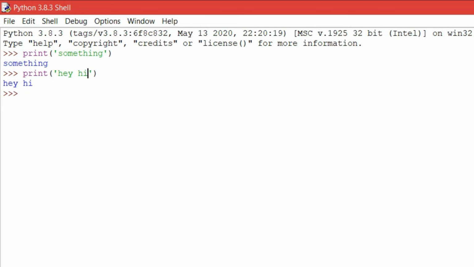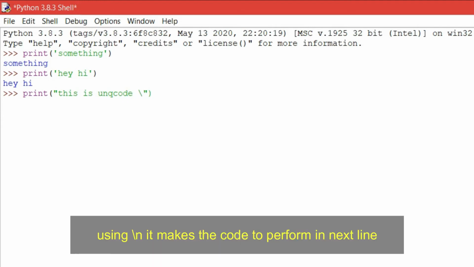You can also print another line in it, like using \n. Now I'm going to show you using double inverted commas. So this time, this is Unicode, and using \n, backslash n, it passes to the next line.